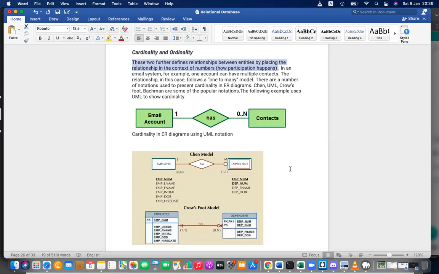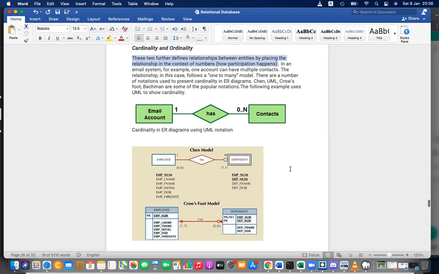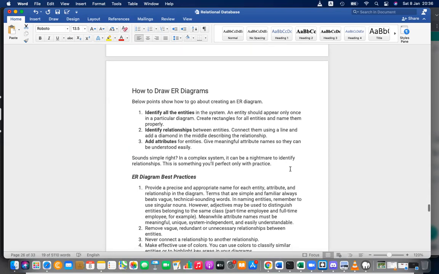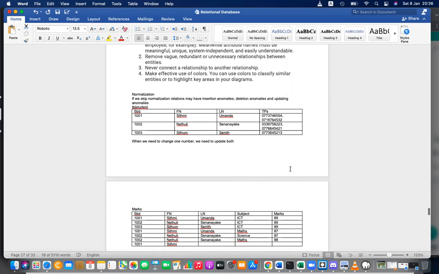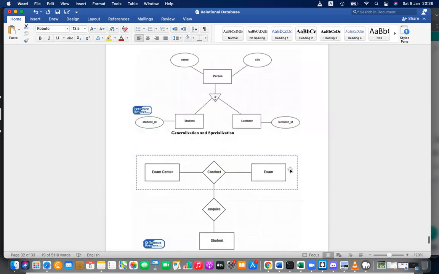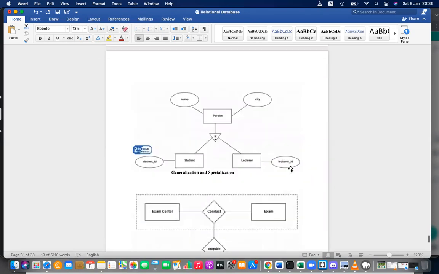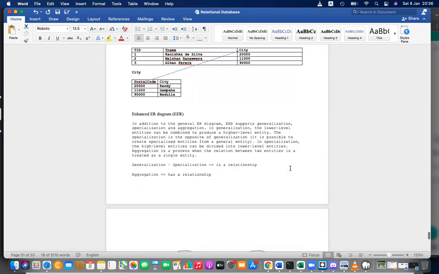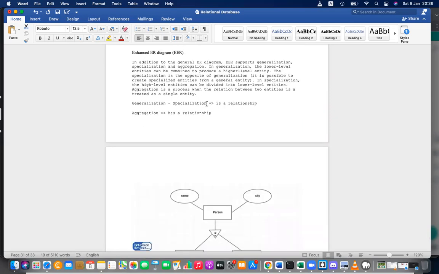One difference is generalization and specialization, that part is there, and inheritance, that part is there. I'll show that. Okay, now the ER diagram part is done. Actually, we have to do a small part here. This is what the EER, enhanced ER diagram, has. It shows two things: generalization, specialization, and aggregation.